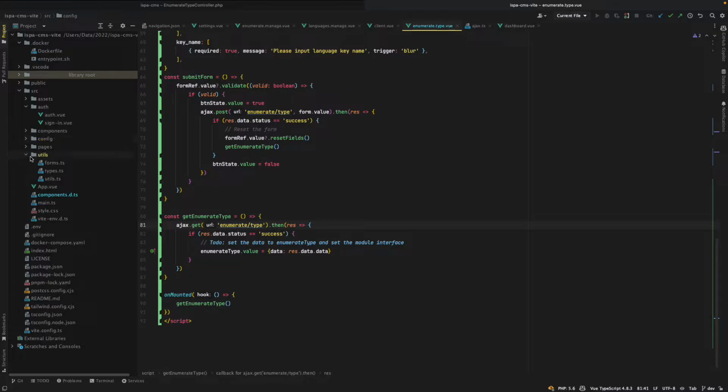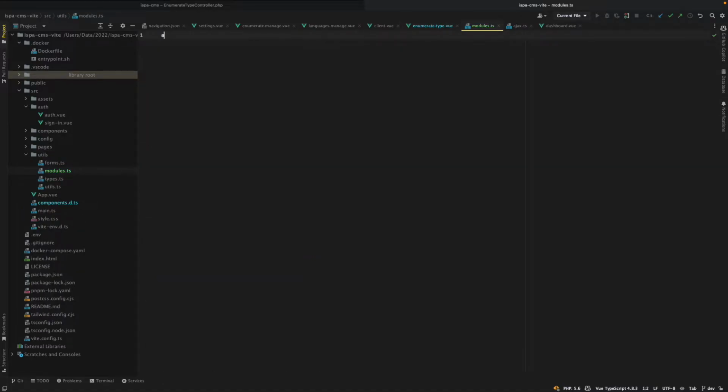Maybe here, maybe here, or another file. Where can I put it? So I need to put here modules.ts, and we have the export default